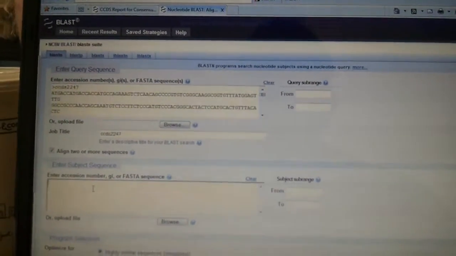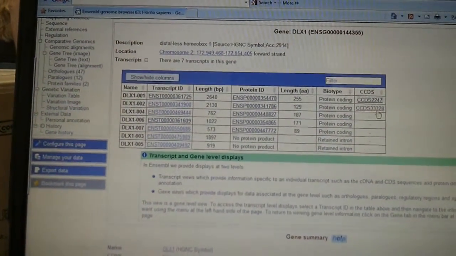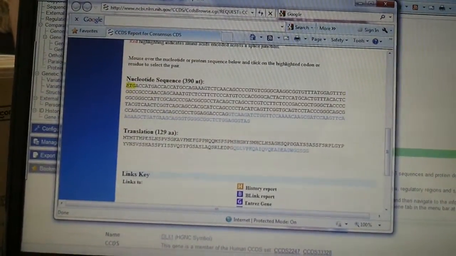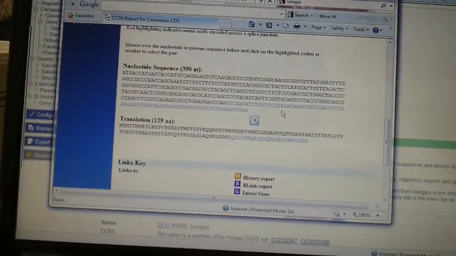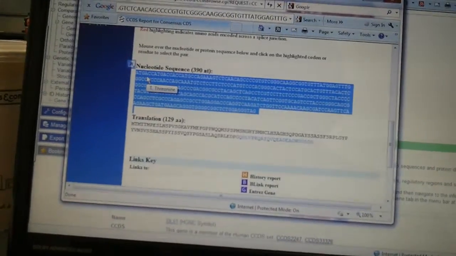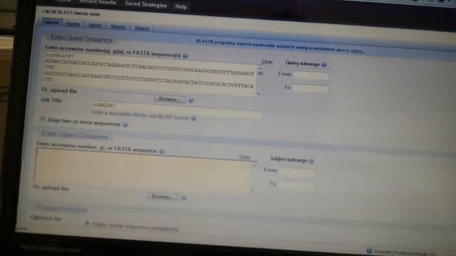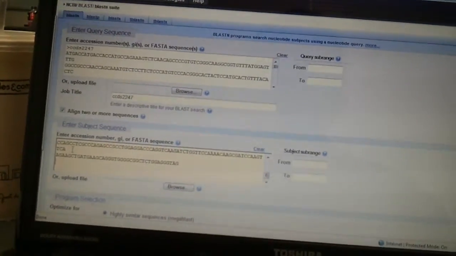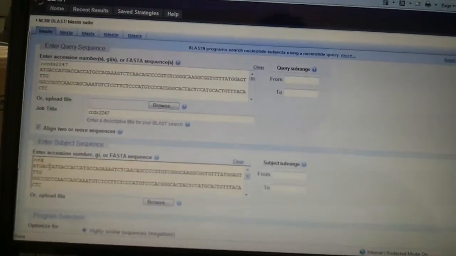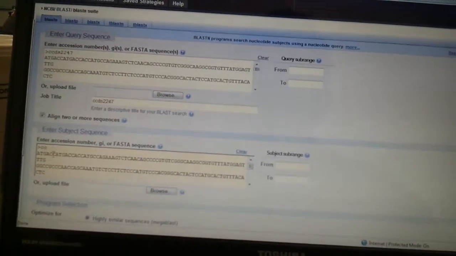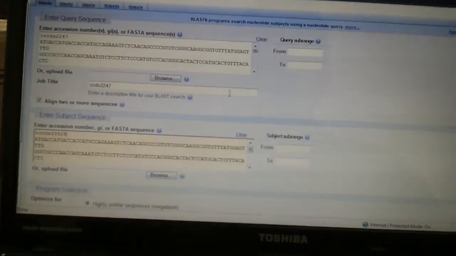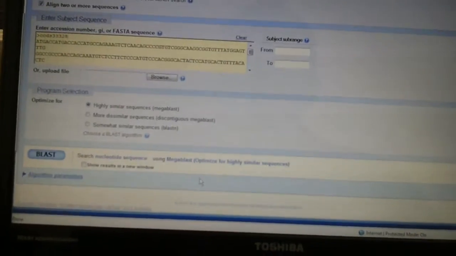2247, and then I'm going to go back to this screen, click on the other coding sequence, scroll down, highlight that. Okay, this is really hard though. Highlight, Control C that, go back to the BLAST website, Control V to paste, and then we will hit Shift and give this one a name, CCDS 33328. And then now that we have that, we hit BLAST,